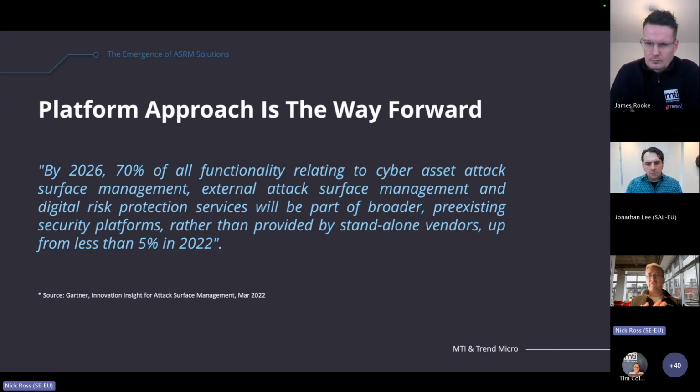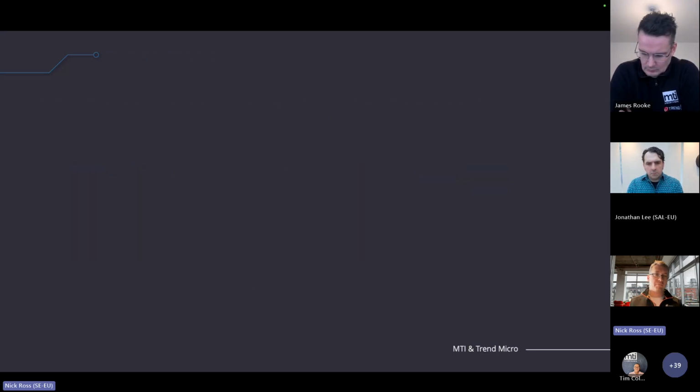So for example, if you've invested heavily in the Microsoft technology portfolio, if you're using lots of other third-party security tools, Trend can link in with those and help you draw better outcomes from the intelligence that all those tools are gathering across your environment, as opposed to having very point products that operate in silos.